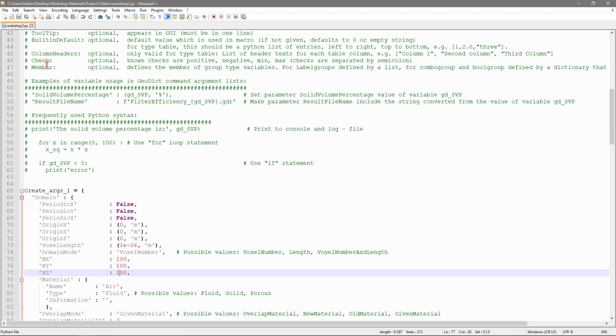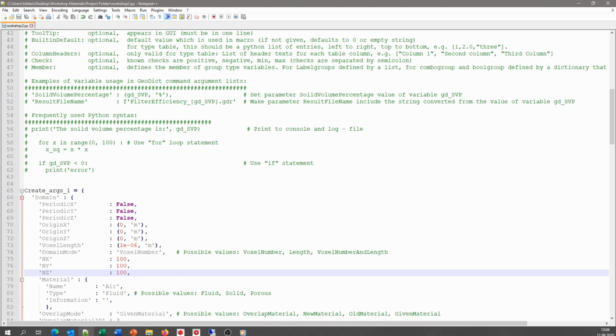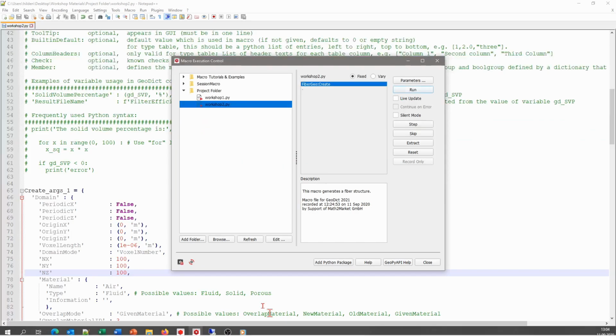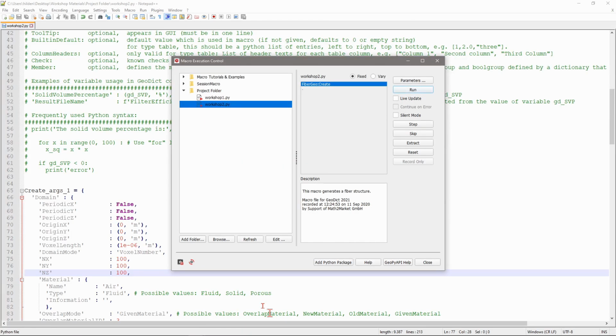And the next step would be a parameter study. So now we can see the benefits of adding a parameter to the macro earlier, because we can vary its value automatically. If we go to the macro execution control again, we can click vary here instead of fixed.